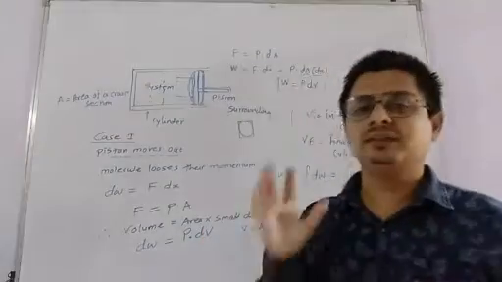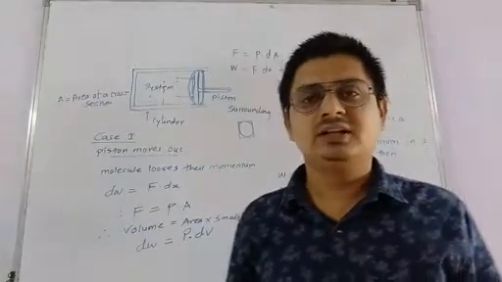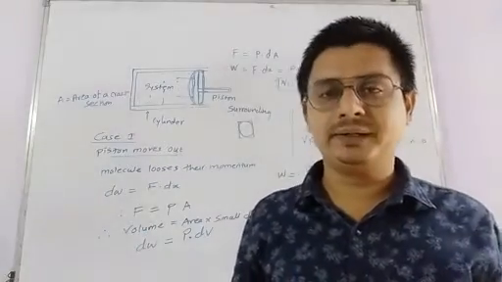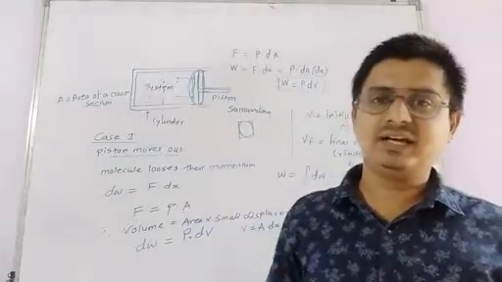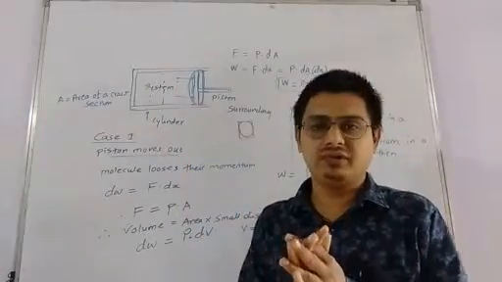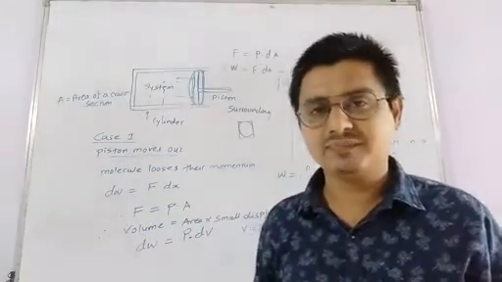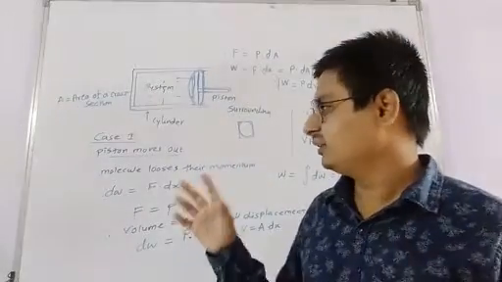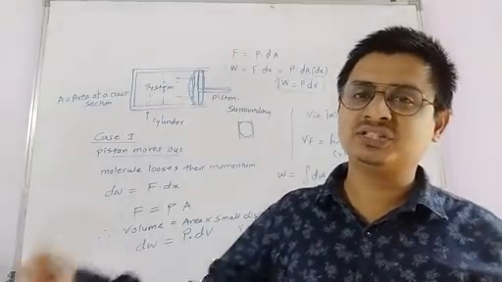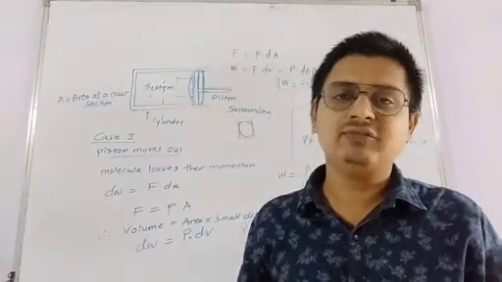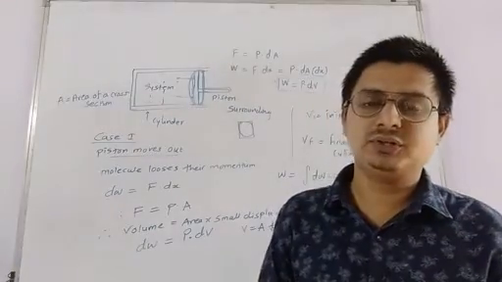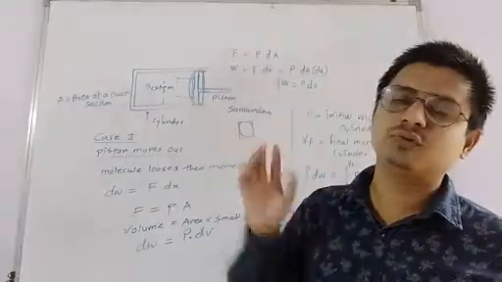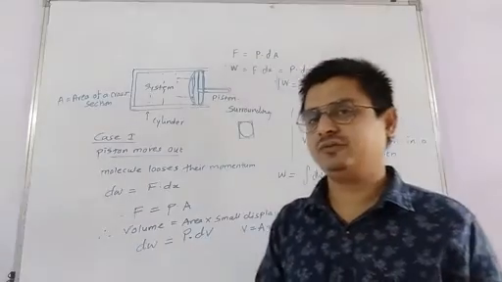Therefore, when the piston moves inside, the molecules gain momentum, and because of which there is a compression or contraction of a gas. So therefore, the work is done from the surrounding on the system. Therefore, the work will be positive, and when the piston moves outward, its work will be negative. That's it.